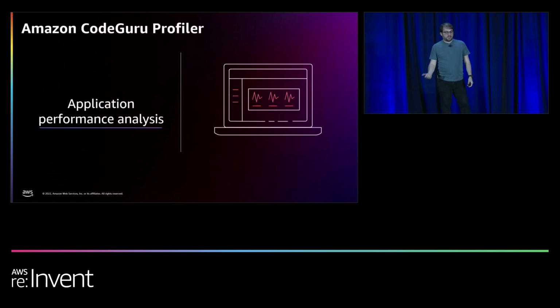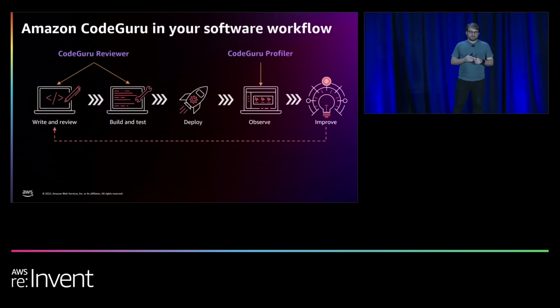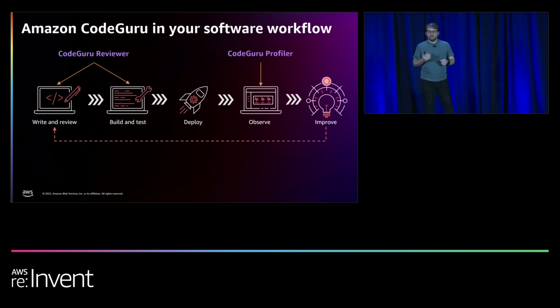CodeGuru Profiler is the second functionality of CodeGuru, and what it does is evaluate the performance of your applications in runtime to identify the most expensive lines of code. Those functionalities are applied in different stages of your software delivery workflow. The CodeGuru Profiler is applied when your application is already deployed and running on your compute instances, and CodeGuru Reviewer